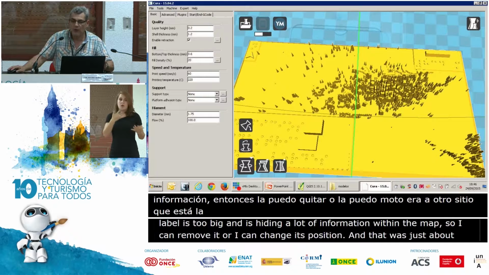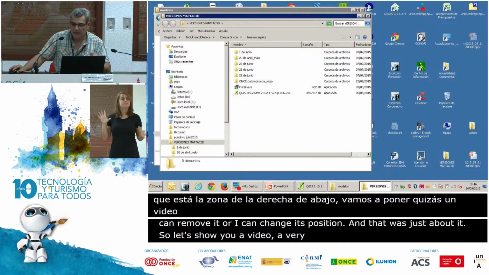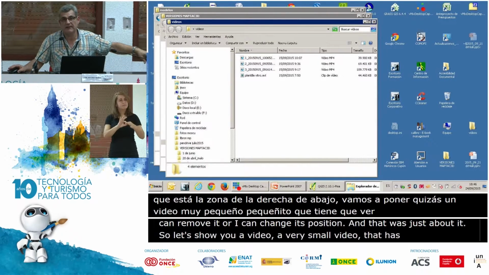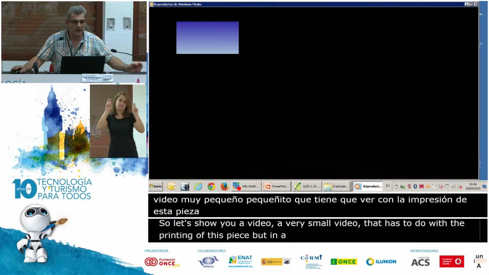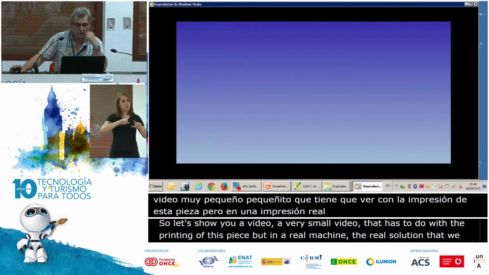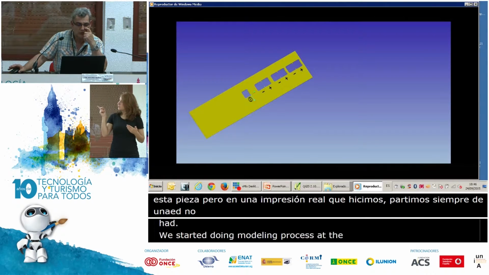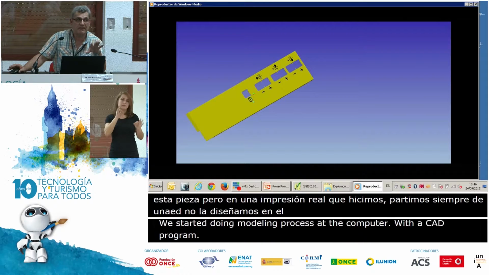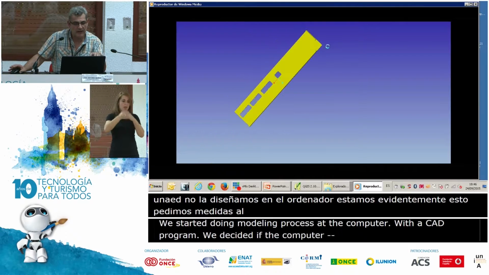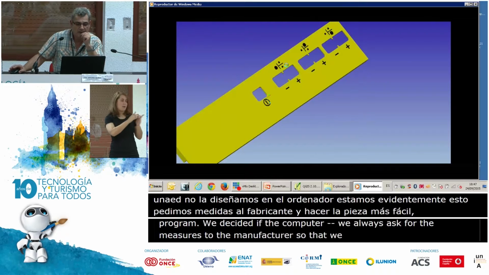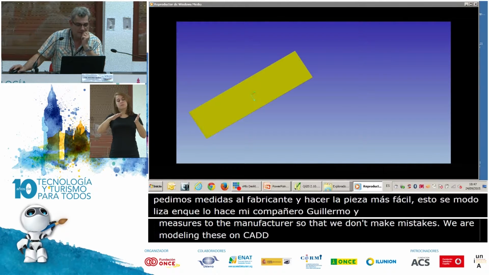So let's show you a very small video that has to do with the printing of this piece, but on a real machine, the real solution that we had. We started doing a modeling process at the computer with a CAD program. We decided at the computer. We always ask for the measures from the manufacturer so that we don't make mistakes. We're modeling this on CAD, as my colleague Guillermo has made, and later on